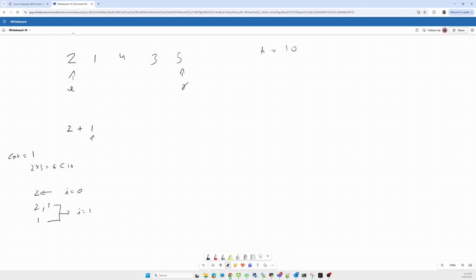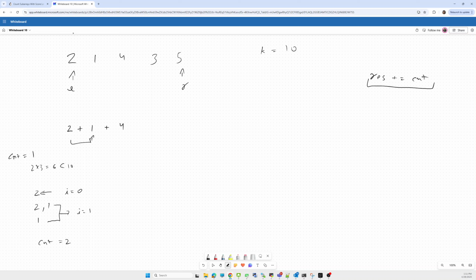So how can we consider them? Till here the count is 2, so we can count both elements, because using these two elements we can form two more subarrays. Then result plus equal to count. This will be our equation. We have to count this when we move forward to the next element, 4.